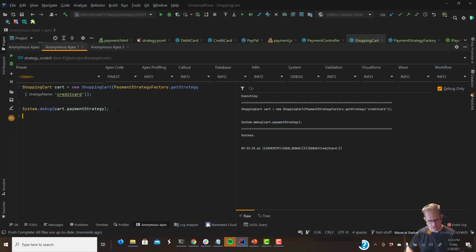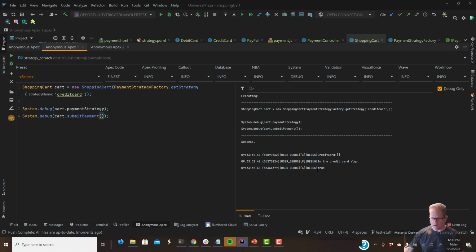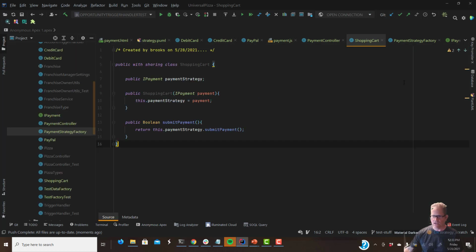Debug, and we're going to do one last debug. Part.submit payment, right? All right, perfect. We're in the credit card algo, and we got a true. So that is working. So now the last thing we should have to really do to wire this all together